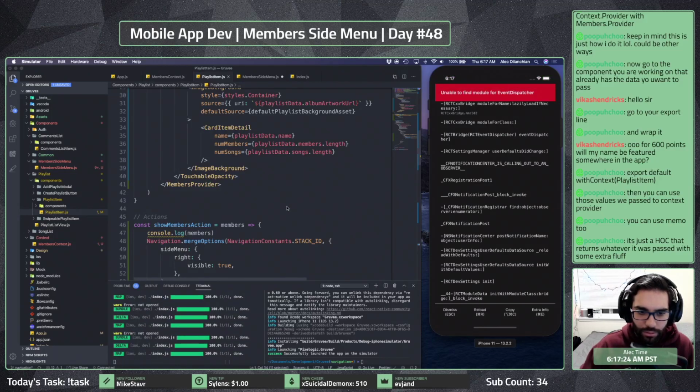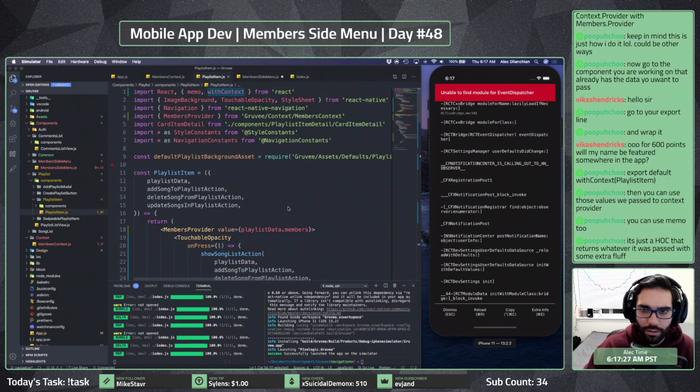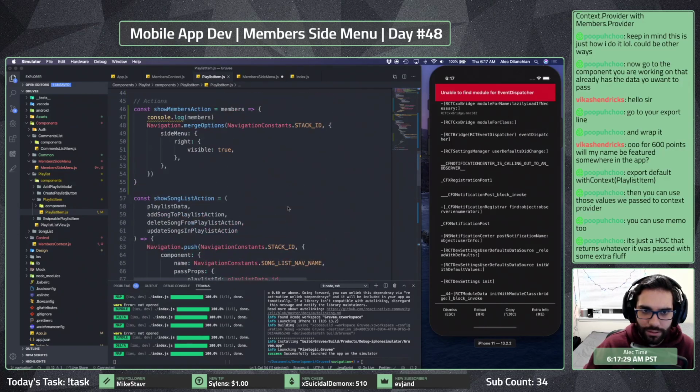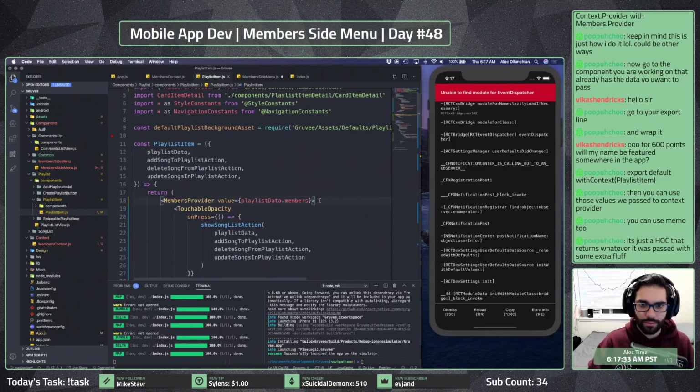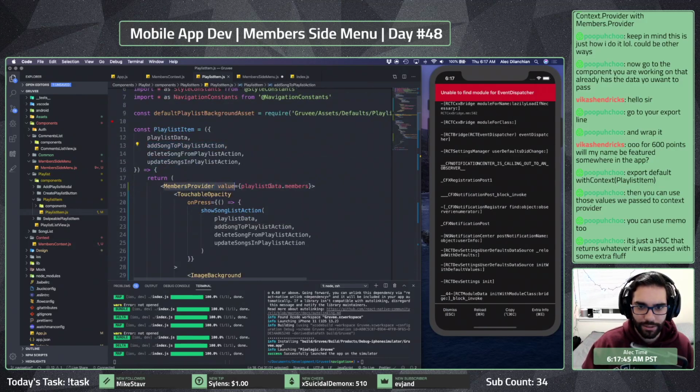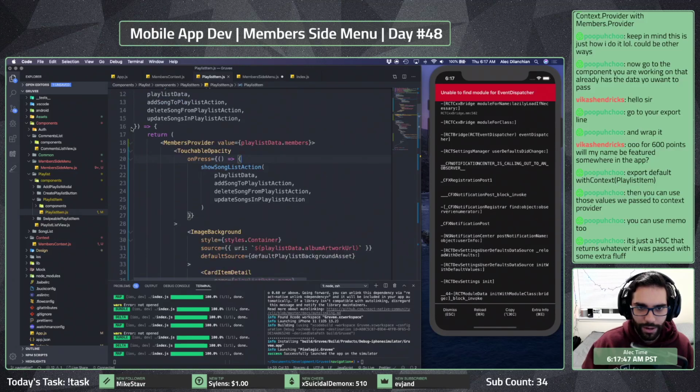Modify module. So with context, we do this thing. So then you can use those values we pass to context provider. Okay. So these things here, right? But this is still correct.